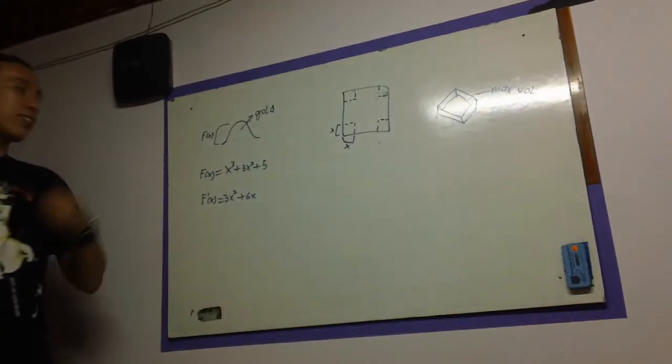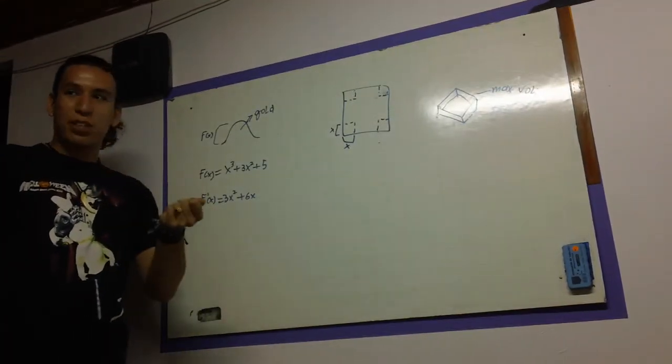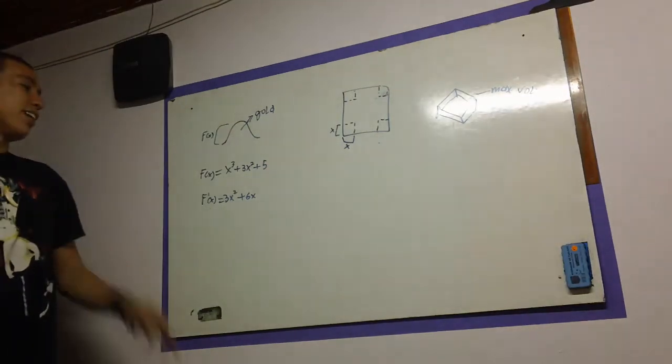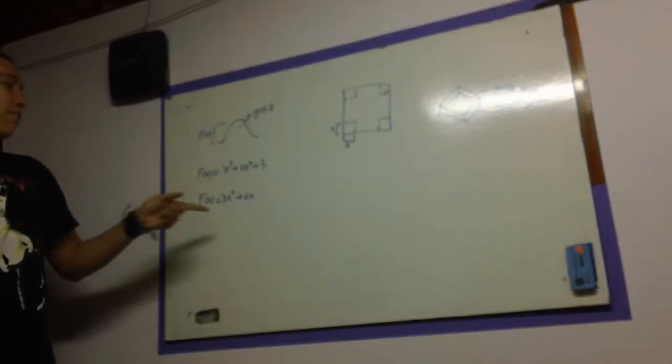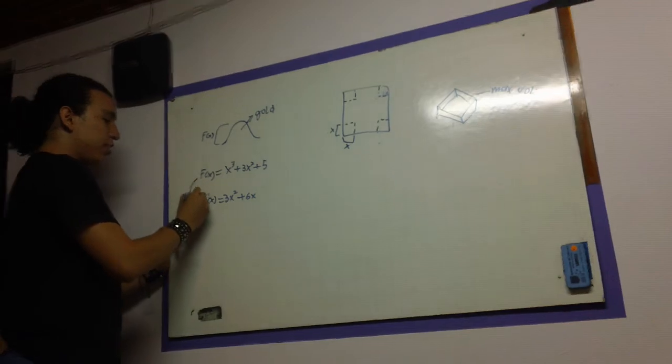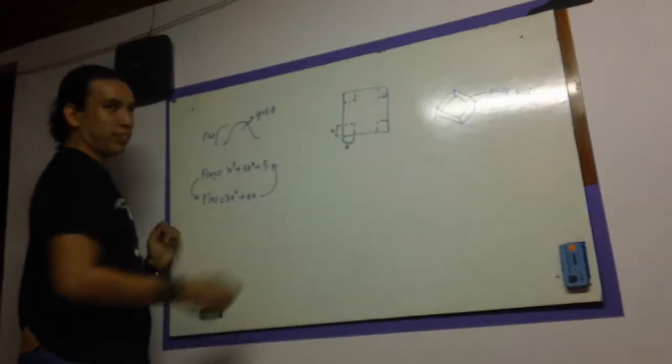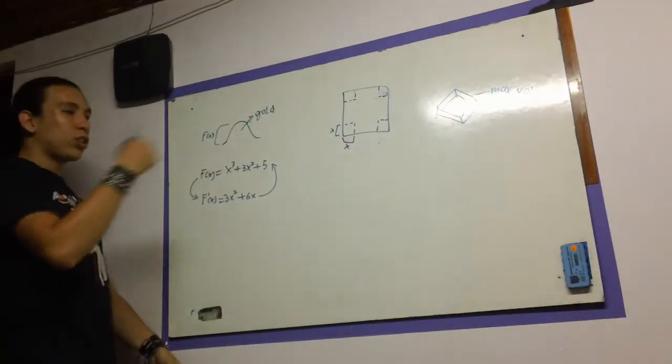You don't remember how to do derivatives, so you have to trust me this time. And the fun thing is that we can turn this into this, or also this into this. You can do it backward